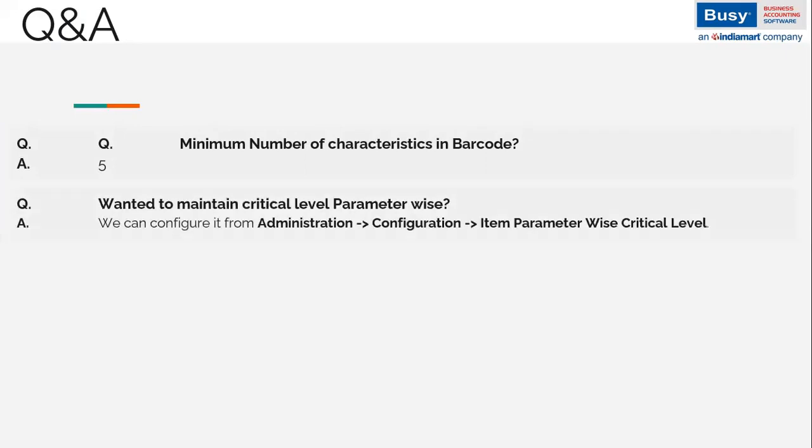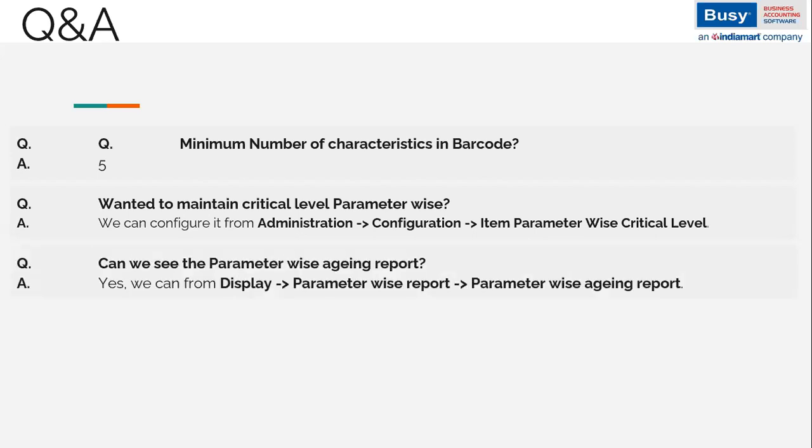Next, can we maintain critical level parameter wise? Yes, we can maintain critical level parameter wise. As I've shown, we have to go to the administration option, configure option, and then item parameter wise critical level. Can we see the parameter wise aging report? Yes, we can see the parameter wise aging report from display, parameter wise report, and parameter wise aging report, where we can get the old stock